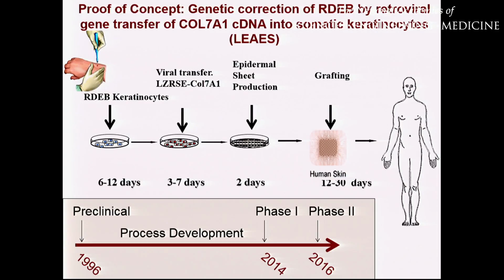And so this is the proof of concept trial, where we take a skin biopsy of the patient. We then culture the affected keratinocytes, thanks to 40 or 50 years of burn research literature. We use an old-fashioned Moloney retrovirus that carries the gene and inserts it into those keratinocytes, make 6 skin grafts, and then graft them on the patient.